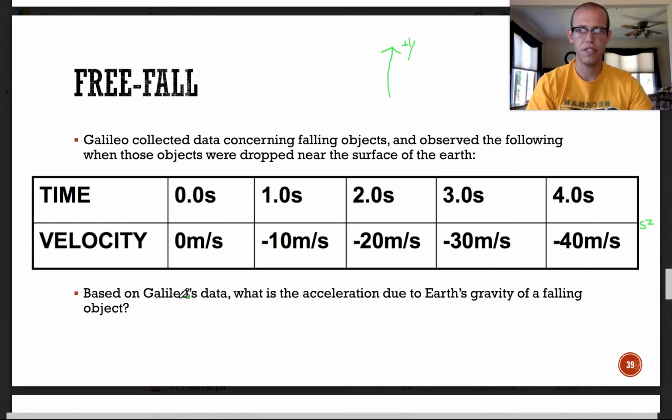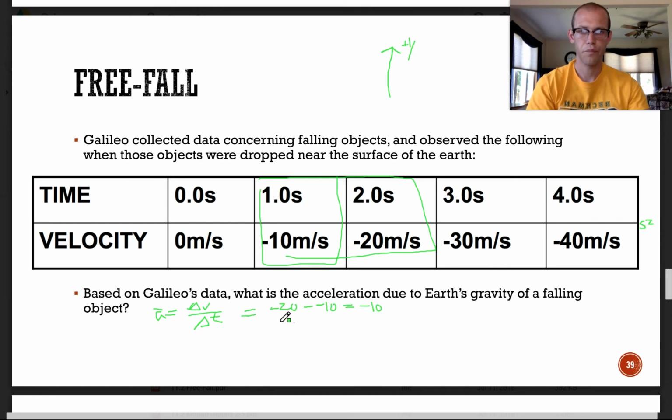All right, so based on Galileo's data, what is the acceleration due to Earth's gravity of a falling object? So remember, acceleration is just a change in velocity over change in time if we're talking about average. So let's just look at one section, one interval of time. So from 1 to 2 seconds. So the final velocity -20, initial velocity -10. When I subtract those two, I should get out